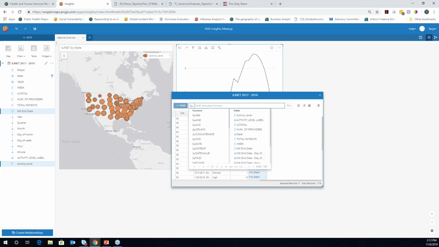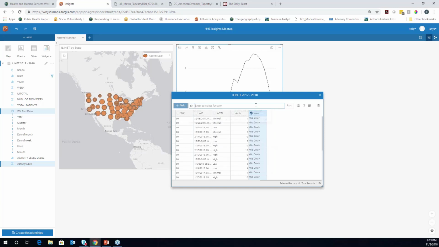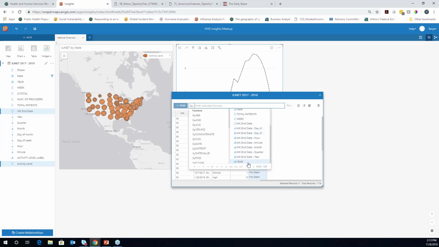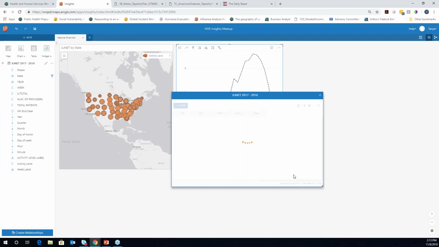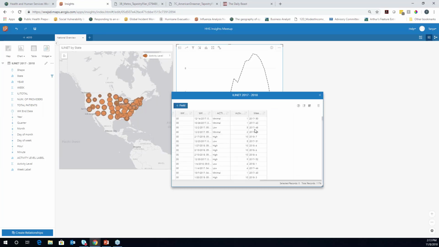So in this case, even though I have a lot of functions I could use for more sophisticated formulas, all I really want to do is say year, put a little text in there, plus week. I've got my little green check mark saying I'm okay to go, and I'm going to run it. So what that's done, I missed a space, but what it's done is create a labeling field that